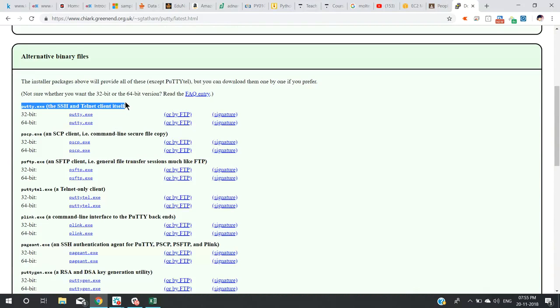This is the second tool that you're required to download. Again, if it is 32-bit, download the 32-bit version. If it is 64, you don't need to worry about administrative rights because this will not install. This is an executable file, right? Once you have downloaded,